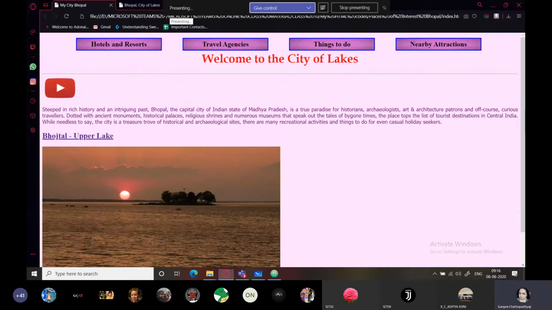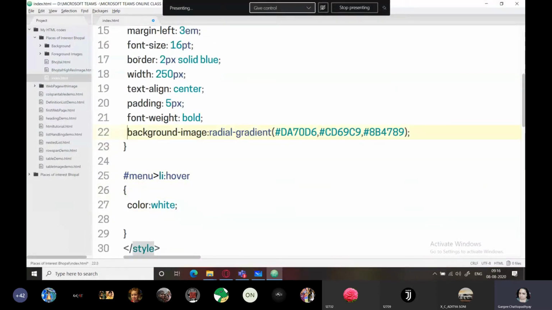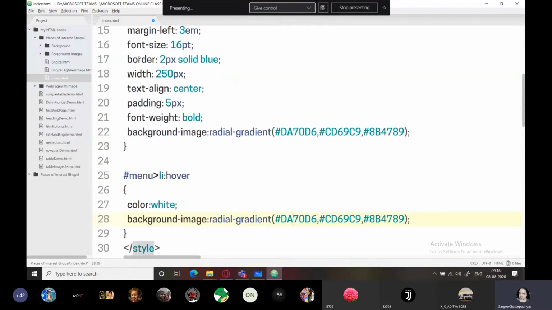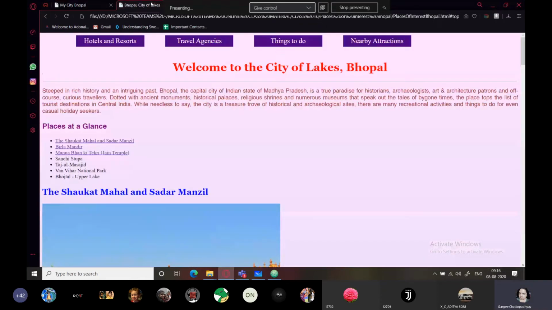Coming back to our web page. I just changed it to radial gradient and it is appearing in this way. That's also not looking bad. It's looking good. You can keep it very simple without changing the background, but we will try changing the background also. So we'll go back and copy this background image, radial gradient, and replace these colors with some lighter shades. So we'll again go back to our page. Why is this appearing over here again and again?